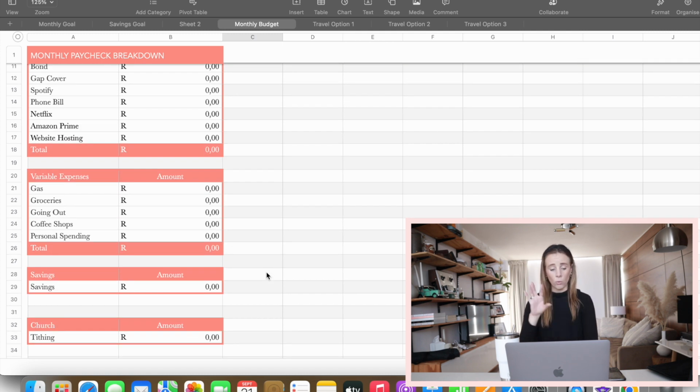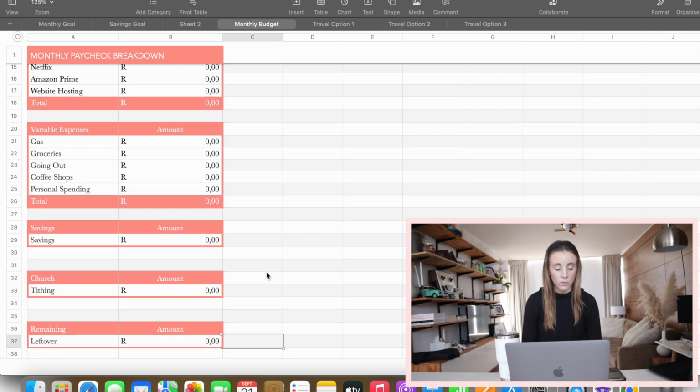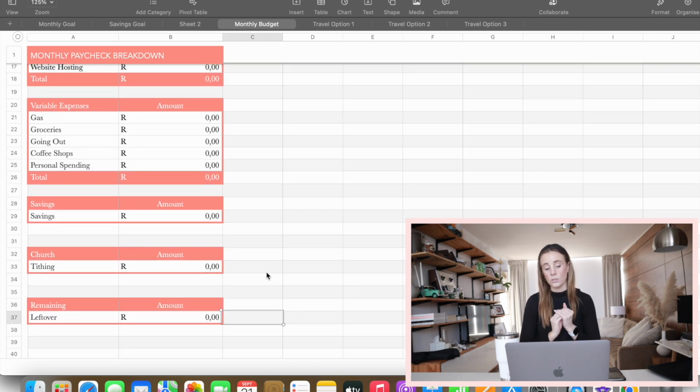I do all my debit orders, all my payments, everything kind of as soon as the money comes in. I like to move and pay everything as far as I can, just because then at least, you know, it's a pretty clear picture of what is left.